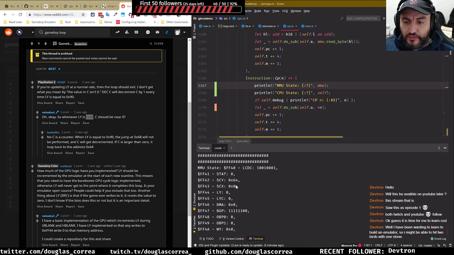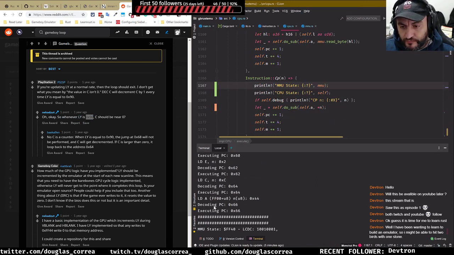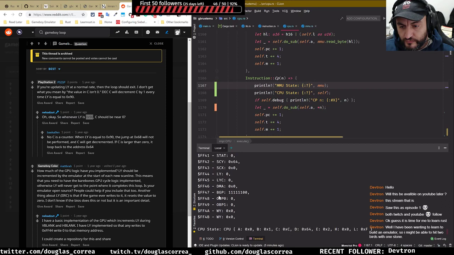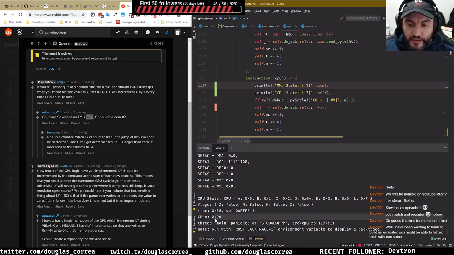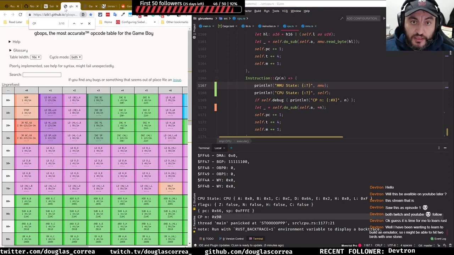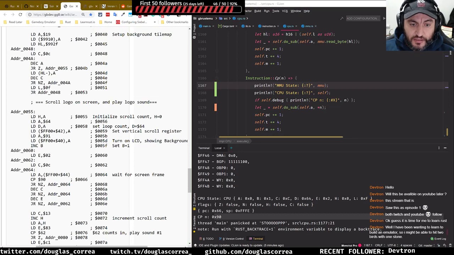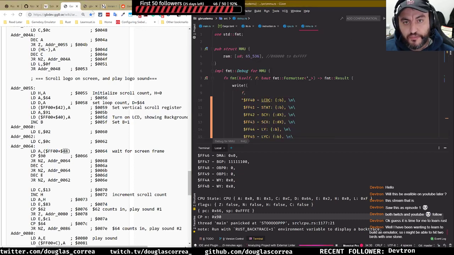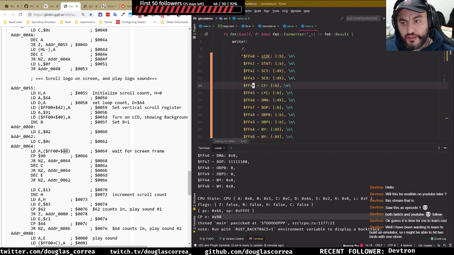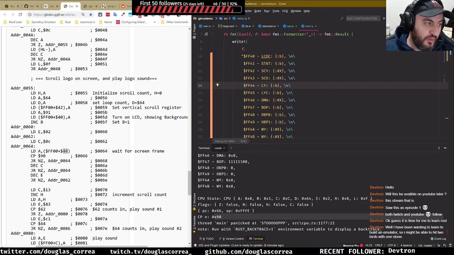This line is comparing, CP is comparing register A with 90, and register A is loaded with the content of FF44. What is FF44? FF44 is the LY register, and